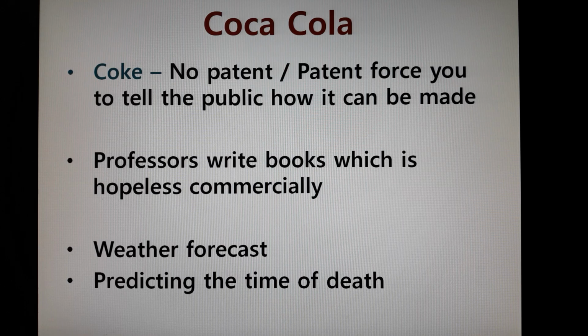Actually, as an economist, I predict one of the most important things in economics in the future would be predicting the time of death of everyone. Because there's a lot of waste. Person A thinks, oh, I'm going to live until 70, I will die around 70 years old. So he saved enough money to last until 70, but he's lucky. He lived until 90. But that would be a disaster because around 70 years old he spent all the money. For the next 20 years, he survives with no money.